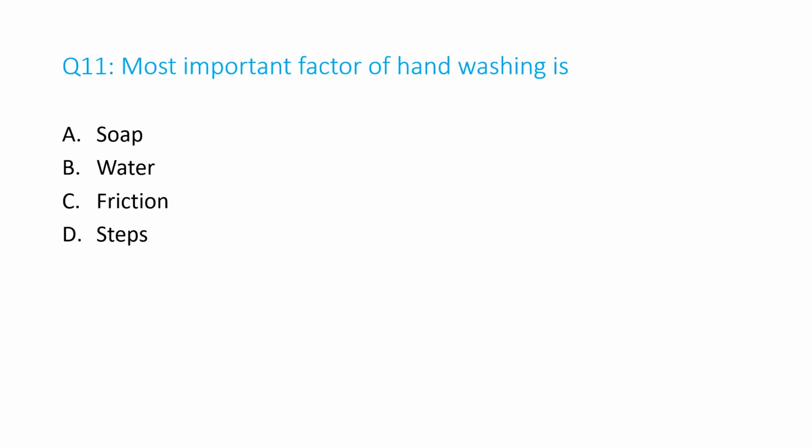Question number 11. Most important factor of hand washing is A. Soap, B. Water, C. Friction, D. Steps. And the answer is